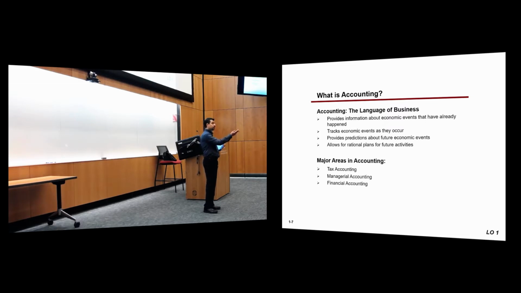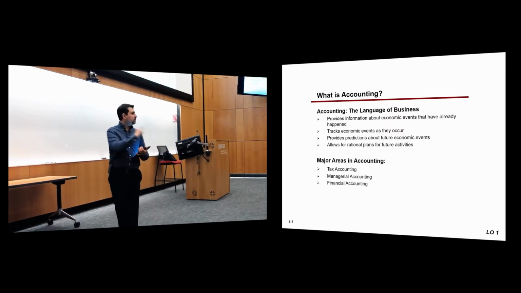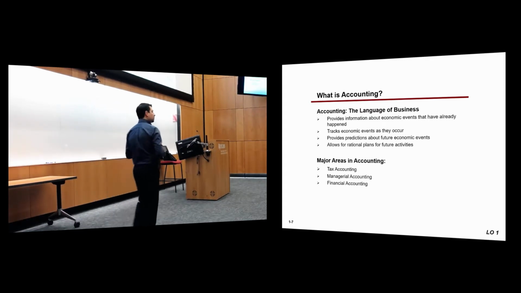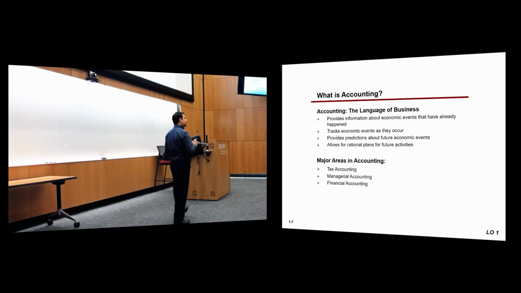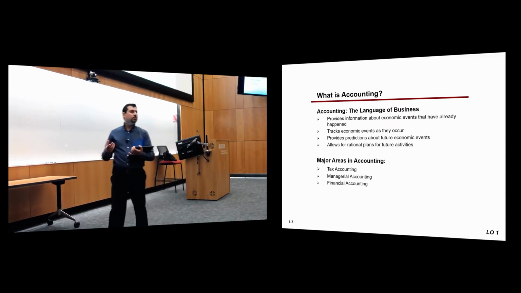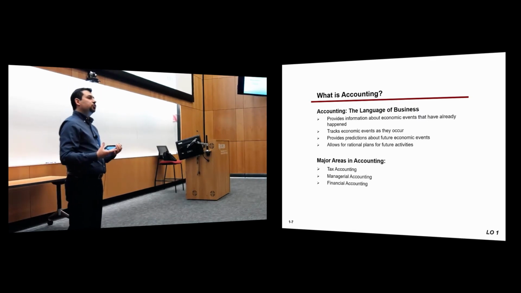iPhone 5 sales. They wanted to compare to iPhone 5 or 5S, etc. So they looked at previous years. They wanted to see, did they sell as many or not? What else do they look at? They also look at information about how Samsung is selling their phone. Are they doing better than Samsung, or is Samsung doing better than them? So all this kind of information enables the company to make decisions in the future.